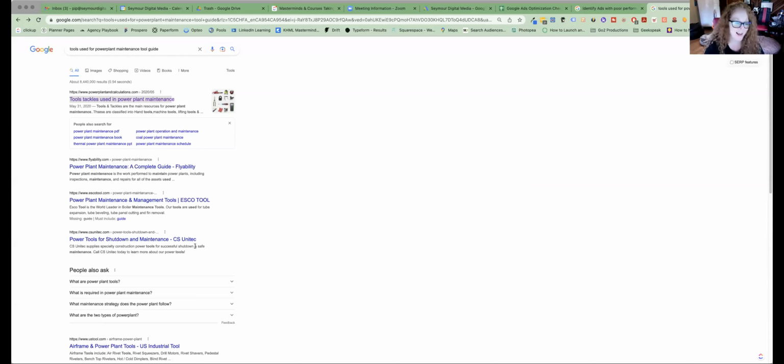For your type of industry, use the search engine results pages, because I found some power tools for shutdown and maintenance. Ooh, look at that. That's a cool article. I don't want to read it. Power tools, right? This is telling you what power plant tools are. This is great stuff. I would be using this for my article because I know it's about power plant, I know it's about maintenance, I know it's about tools. All these things, like